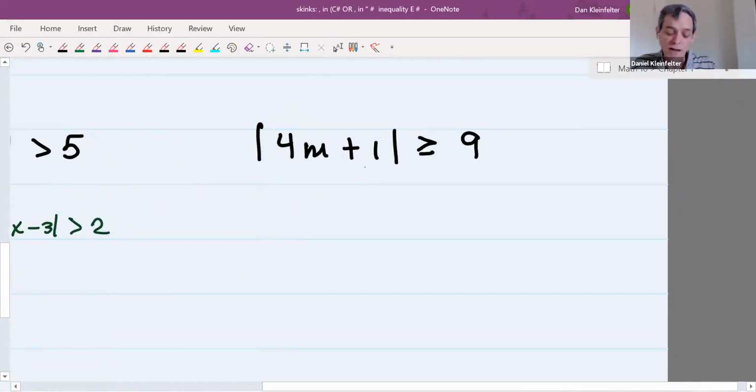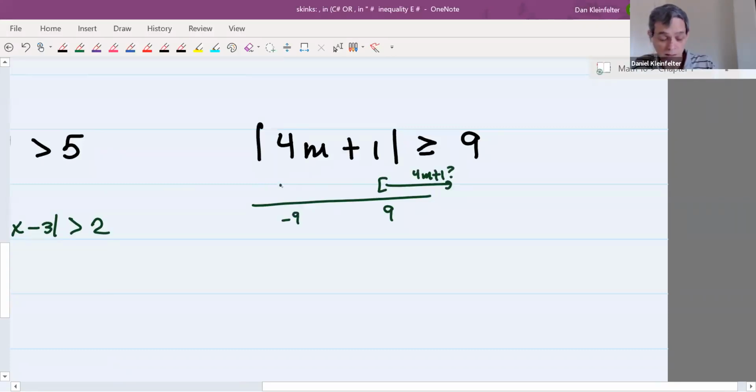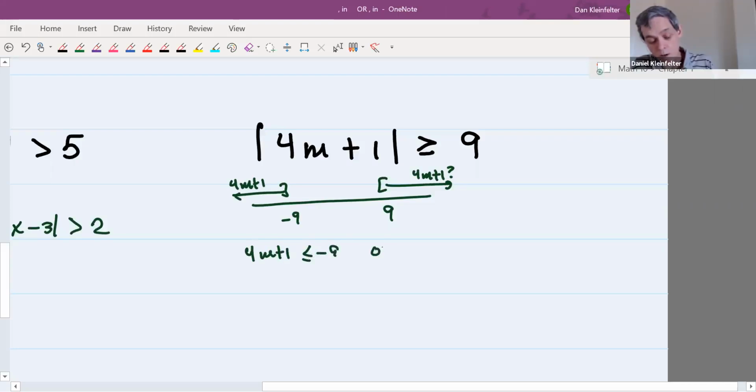So here, absolute value of 4m plus 1 is greater than or equal to 9. So then that means, well, where could 4m plus 1 be? Its distance from 0 is 9 or more units. So maybe it's over here someplace, or maybe it's over here somewhere, right? We don't know. It could be one or the other. So we'll have 4m plus 1 less than or equal to negative 9, or 4m plus 1 greater than or equal to positive 9. Okay, so then solving each of these two inequalities separately,